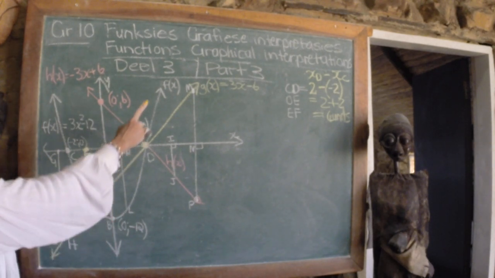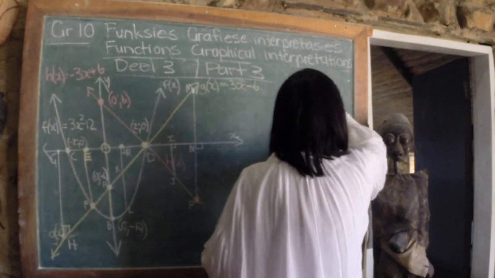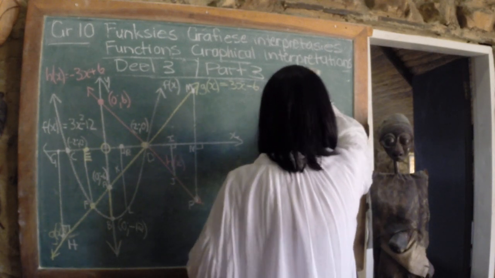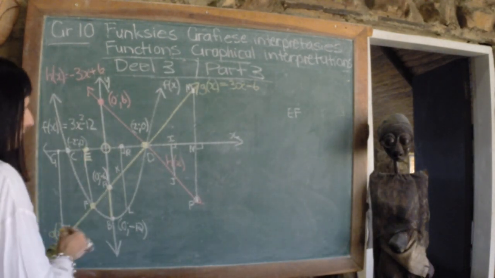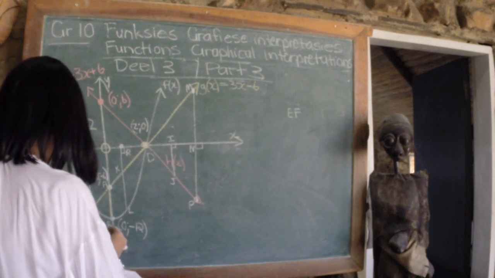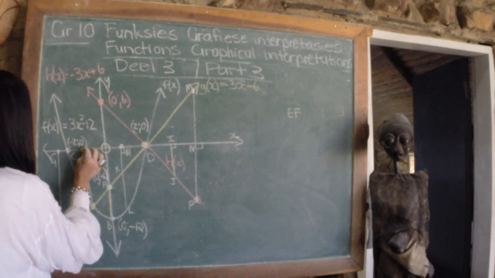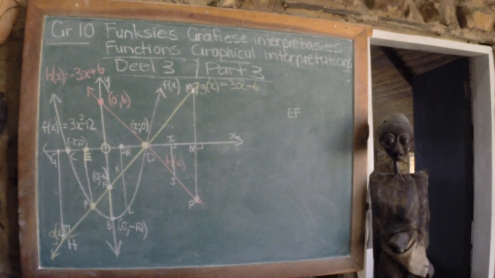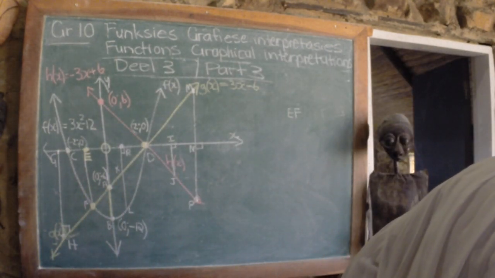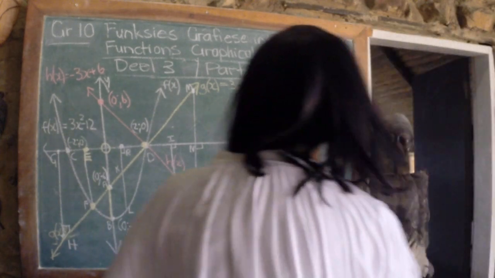So ek kan gaan, let's pick the yellow straight line because that's an easier equation. So ek kan gaan sê, to determine OE, I'll take the straight line, the yellow straight line, and if I've got the y value, I can determine that x value. Let me just quickly check. Is it DE or OE? The length of OE. Okay, so I've got